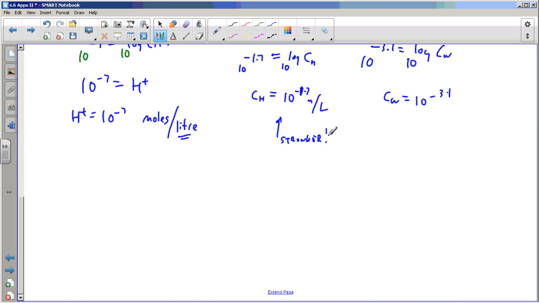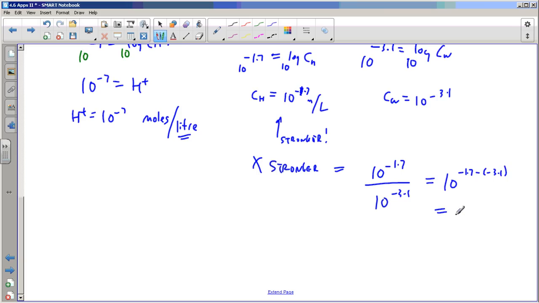And so if I want to find out how many times stronger it is, then the number of times stronger would just be this one divided by the weaker one, right? With 2 powers at the same base, I subtract the exponents. Subtract the exponents, watch your integers there, and that's 10 to the exponent 1.4, which is 25.1 about. And notice there's that expression that I would have got if I just took the 2 pHs, subtracted them, and put them into the exponent 10. I could have got the right solution. And is it okay if I do that? Yes. But I wanted to show you why that worked here, after we got used to them. So what's the conclusion? Therefore,